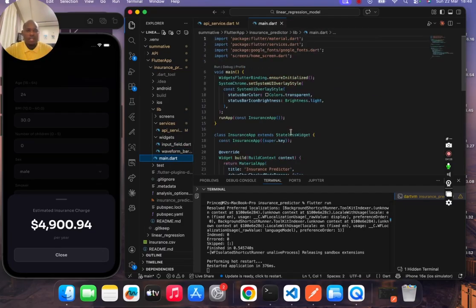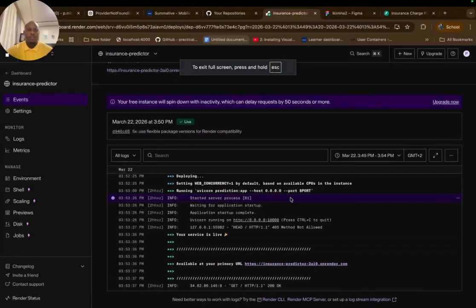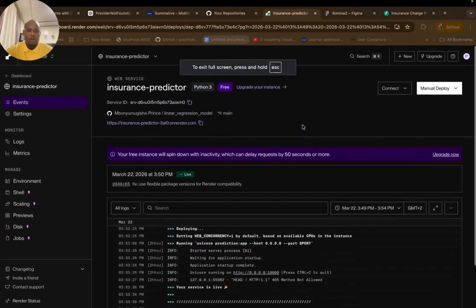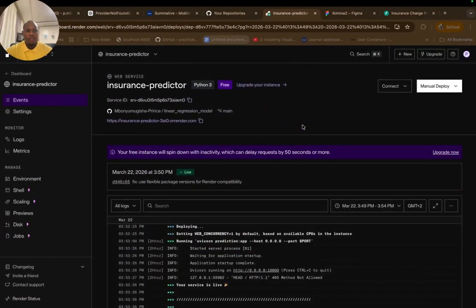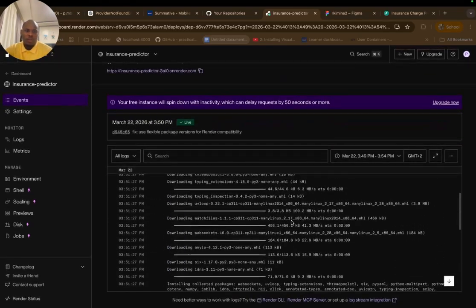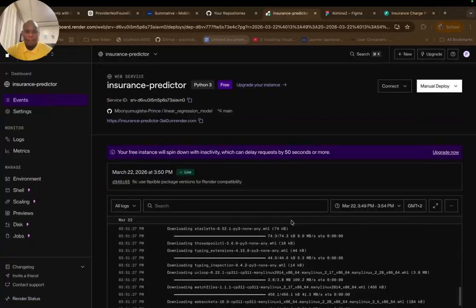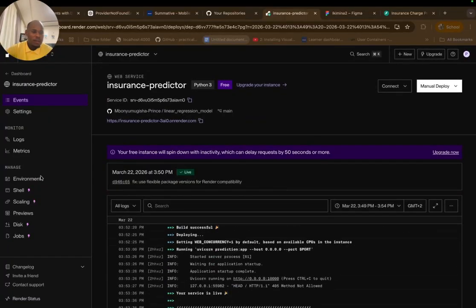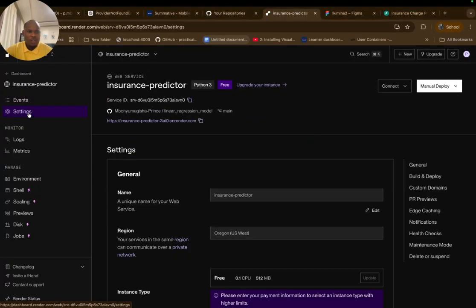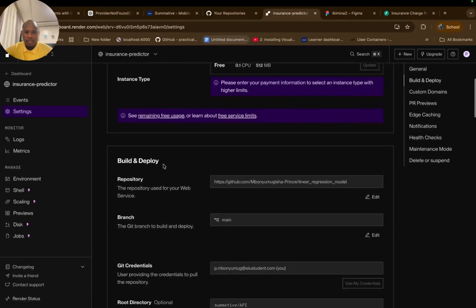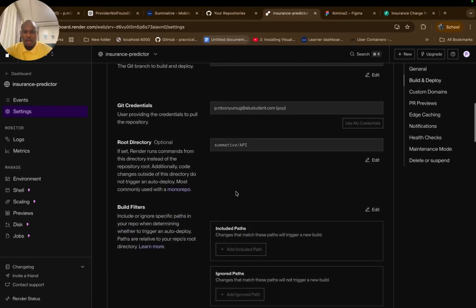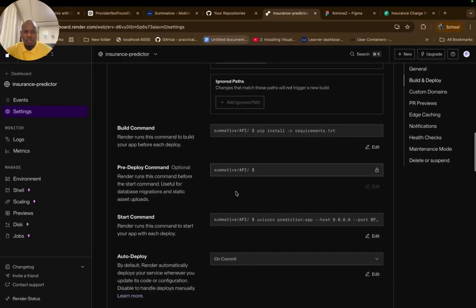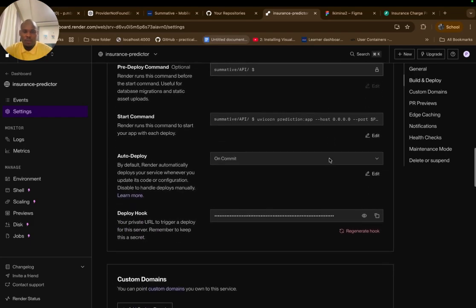So let's move on to the server where we deployed our backend, right? Here is the Render dashboard. This is where we deployed our backend, and this is the command. Because we have only a few minutes, this is where I configured everything about the backend. This is the command that I have used to run the backend on the server. So this, as you can see,